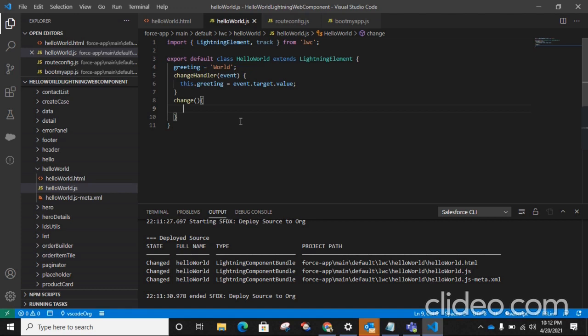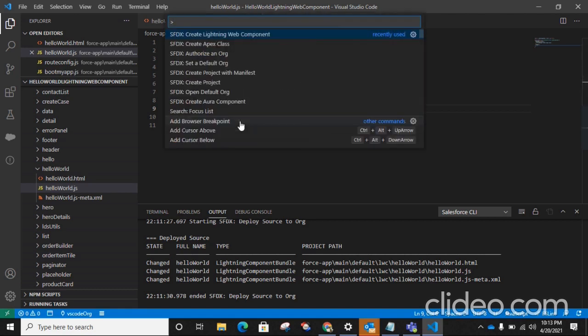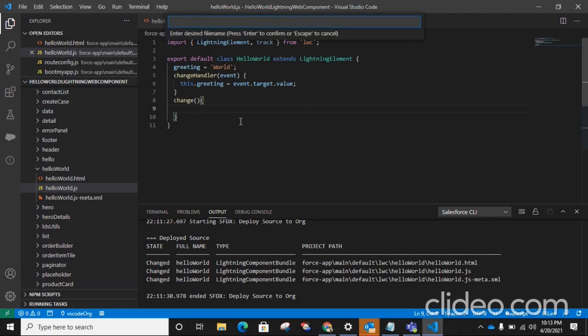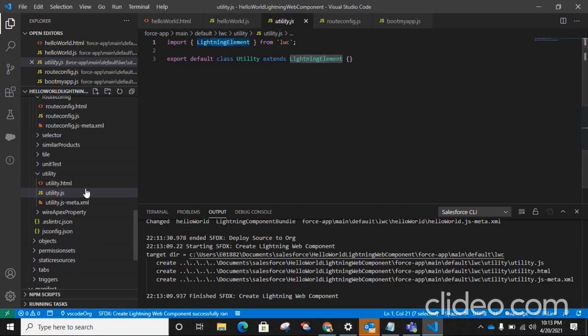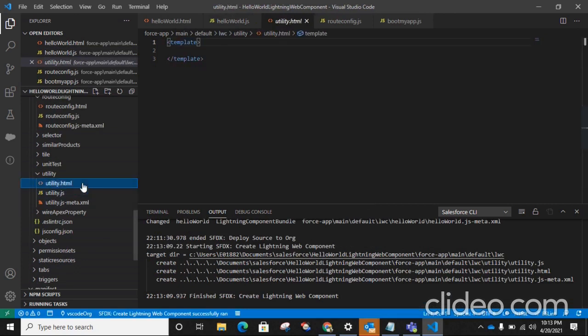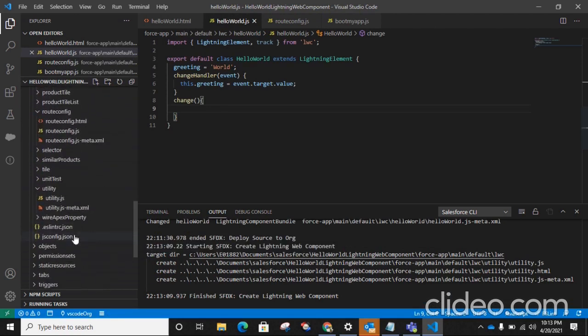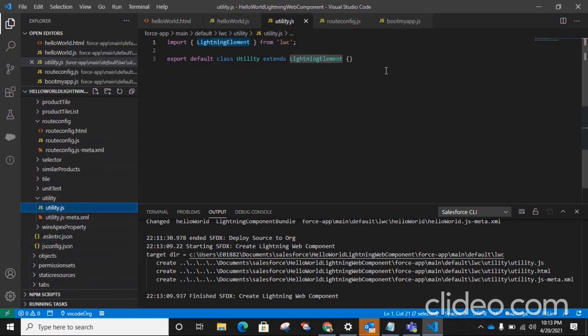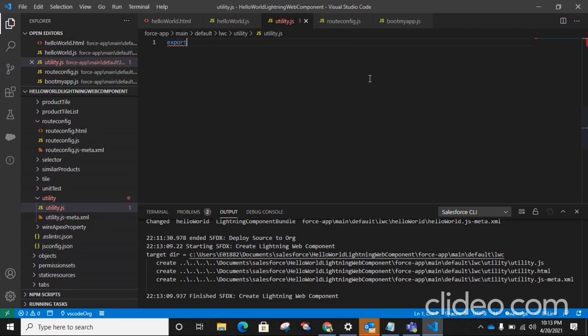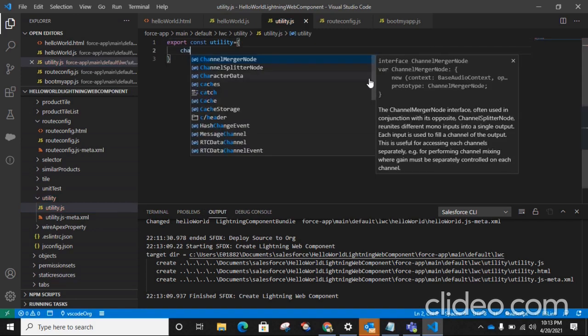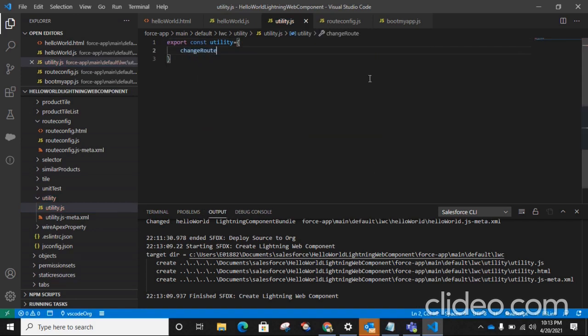For this I am creating a utility. I'm not going to use HTML here, I just want to use only a JS file. So I am using this export const utility. I am writing a function here, change route.